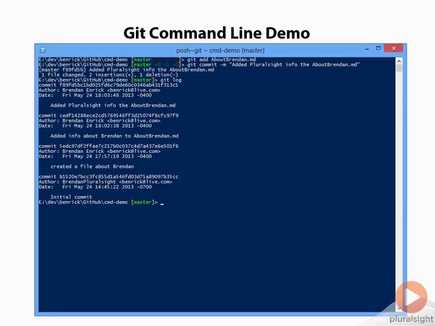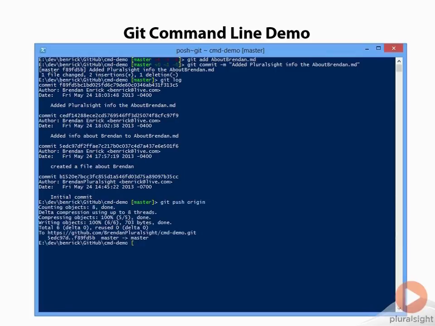Now at this point, if we take a look at the GitHub website and look at the repository, you will actually notice that I have not sent up my most recent changes. We're still actually at a blank file for the aboutbrendan.md file. That's because we haven't pushed these changes yet. Now I'm going to go ahead and push these two changes, and those will end up on that site. So now it's sent those files up to